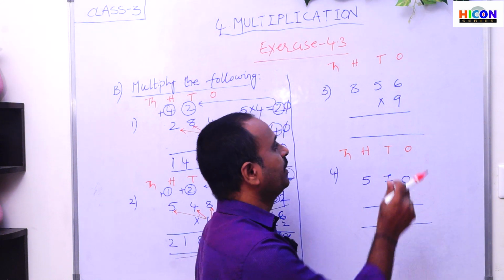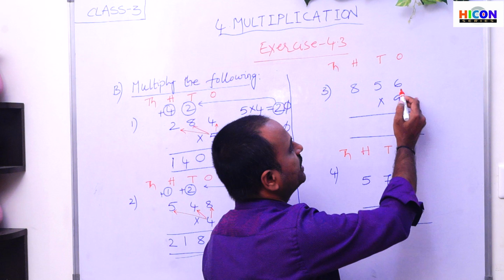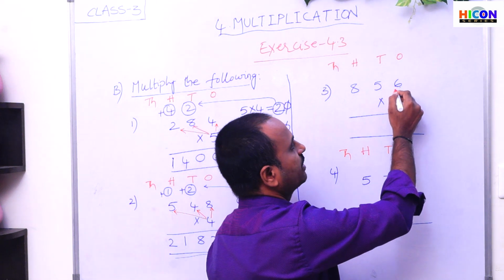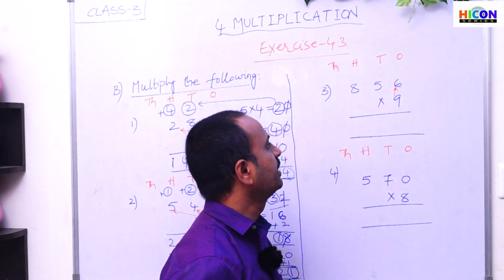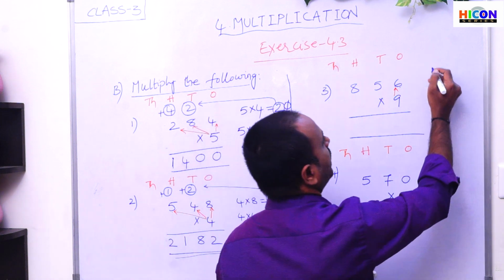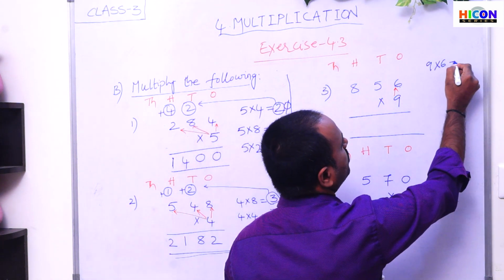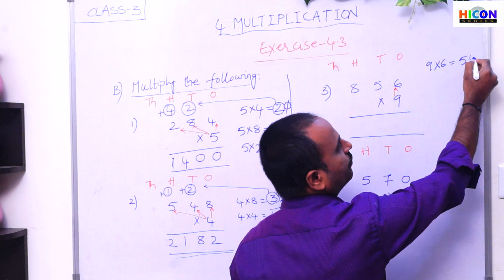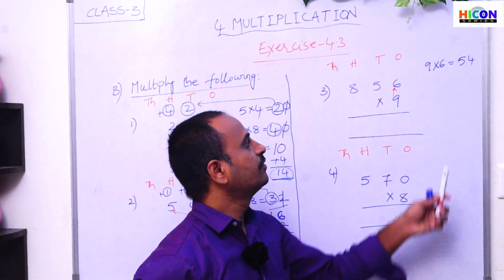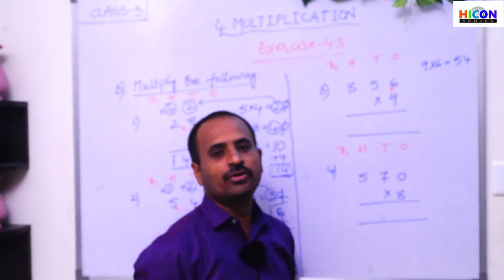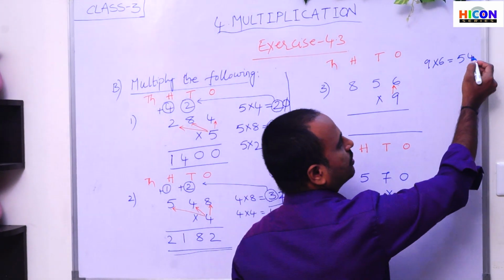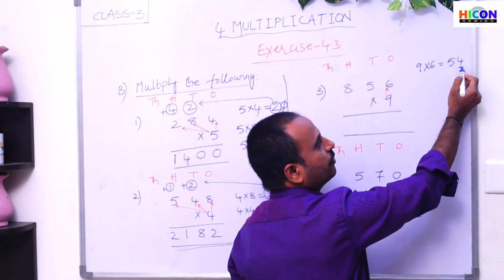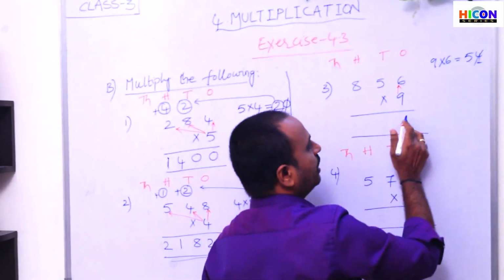So let us start our multiplication from ones place. What is present in ones place? 6 is present in ones place. So multiply 6 with 9. That is 9 into 6. Children, 9 6s are how much? 9 6s are 54, and it is a 2-digit number. If the product is a 2-digit number, then what do we have to do? Write the last digit, that is the second digit. What is the second digit here? 4 is the second digit. Write the 4 under ones place.